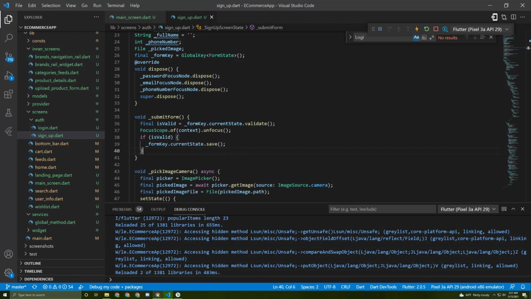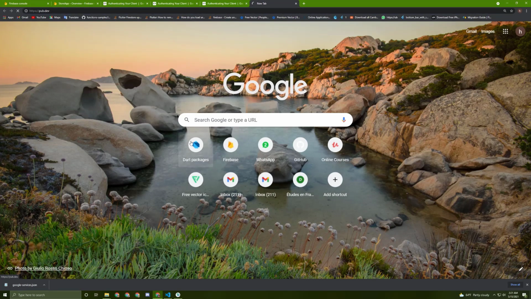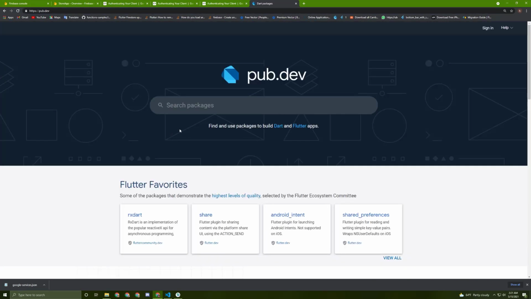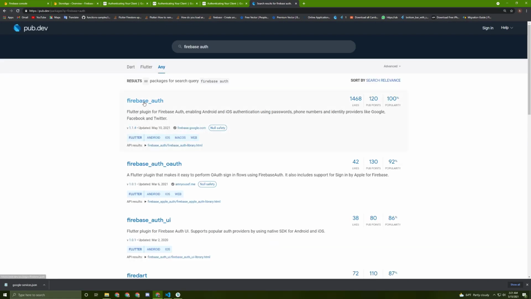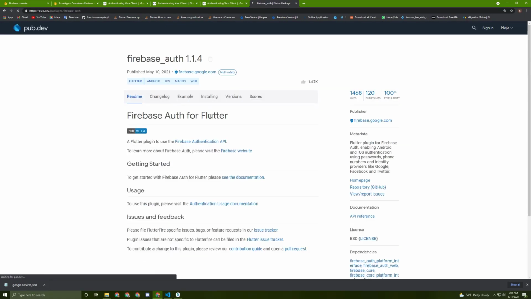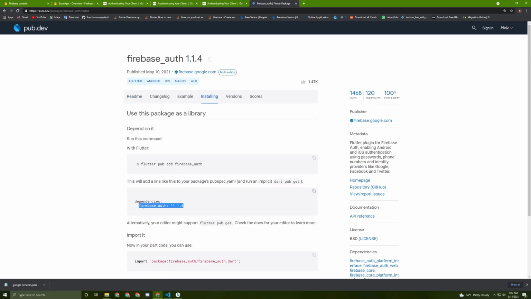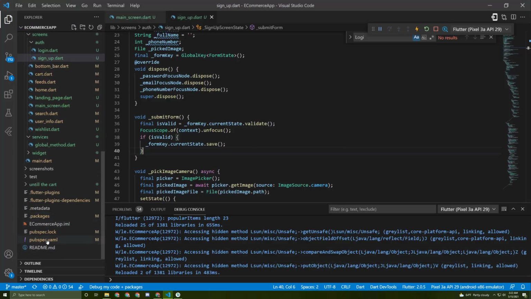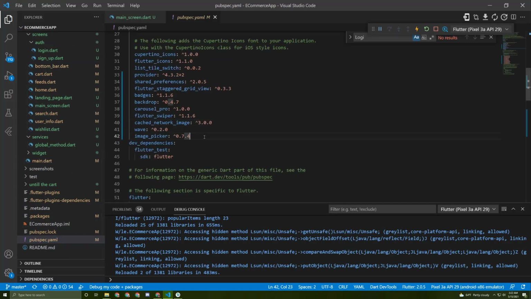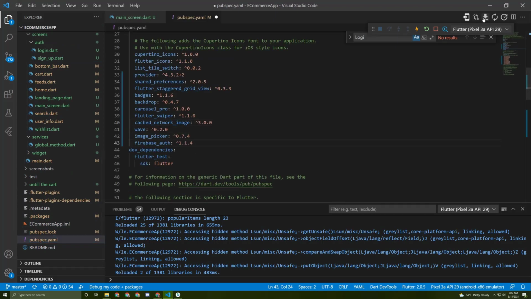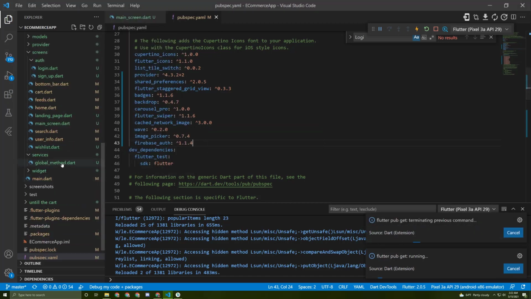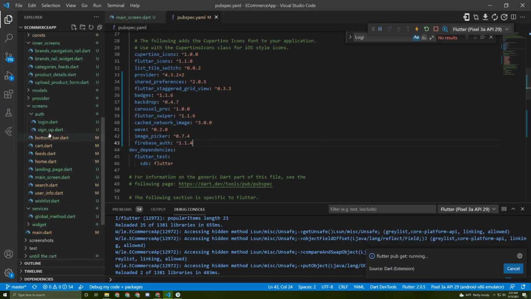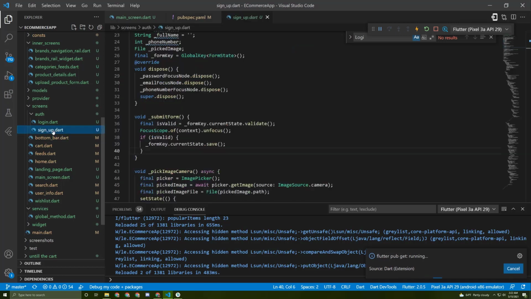So let's go to the browser and go to pub.dev, search for Firebase Auth, go to this link, go to installing and copy this. And in here, go to the pubspec.yaml file, paste it in here, press on this or run the app. Now go back to the sign up screen or file in here, and